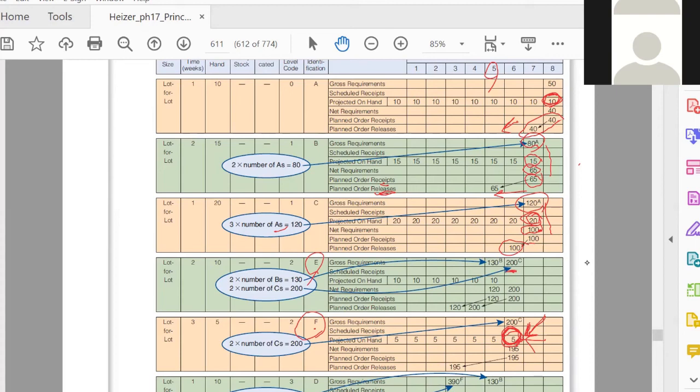The next one. Below this 5, there is 195. What is 195? 195 is the net requirement. Where did it come from? You need 200, but you already stock 5 here. So 200 minus 5 is 195. Okay, Fangi. Then